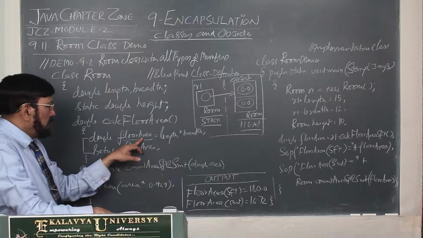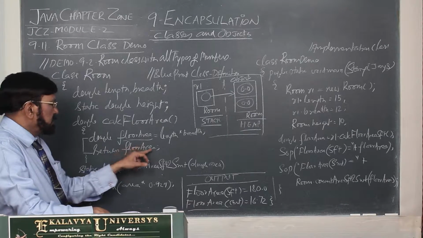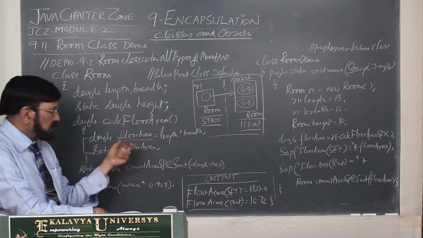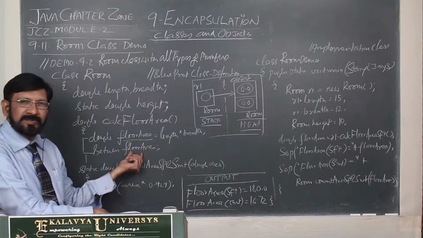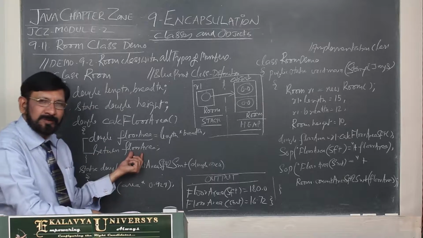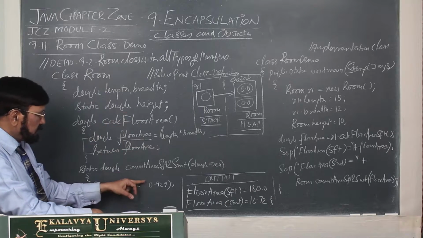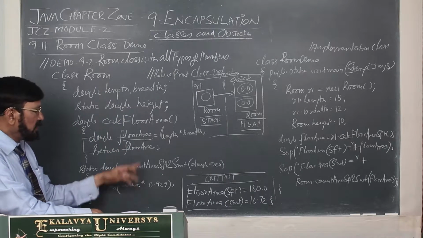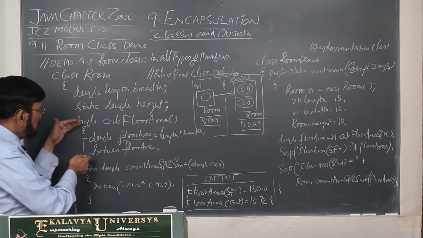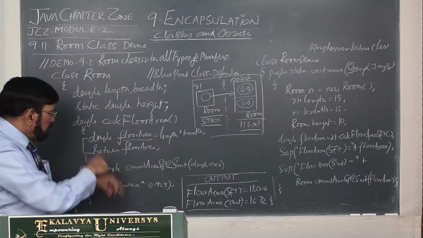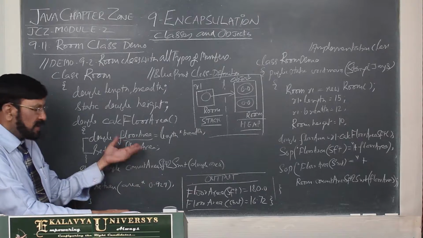Okay, and floor area is length into breadth. Thereafter, you are returning the floor area. That's all. Now it gets a life here. It comes into existence here. As soon as it is returned, it dies. That point you always remember. If you try to retrieve it in any other method, it cannot get it. It is not accessible, because its scope is limited to this place. So this method cannot access that.